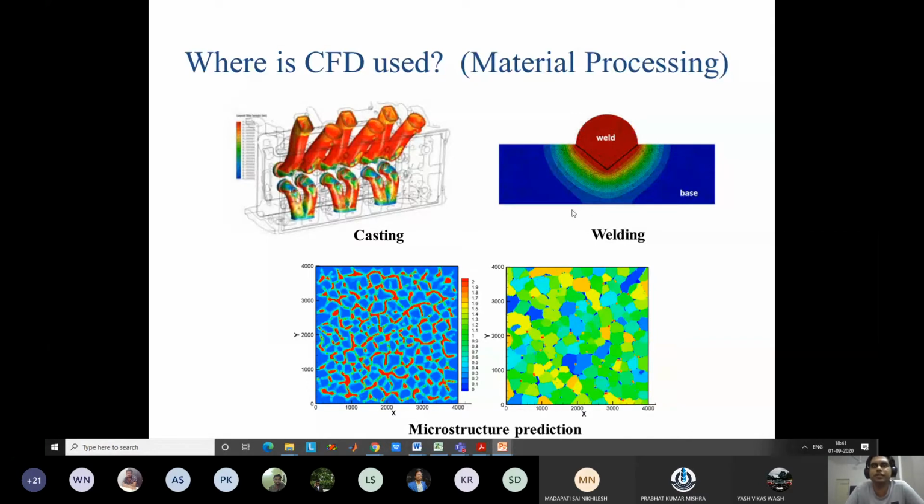The senior students already know that there are other important areas like 3D printing, of both plastics and polymers as well as metals. In 3D printing, you melt the substance and then you pour it line by line or plane by plane in a well-designed pattern, so that ultimately you get a 3D object. There also, how the flow is occurring in that liquid and how the temperature is changing in that liquid once it is solidifying, those are very important. So 3D printing has become a very important area nowadays. It is known as additive manufacturing.